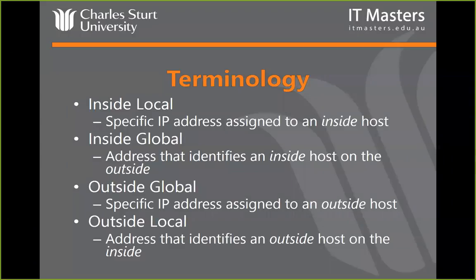But it doesn't have to be that. Inside might be VLAN 1, outside might be VLAN 2. So 2 internal networks, 2 internal subnets within the enterprise network. It doesn't have to be this concept of internal network and internet. It's just one side and another. So inside is the network that you want to protect, and outside is what you're going to send your NATed traffic out to. It could, of course, be the other way around.